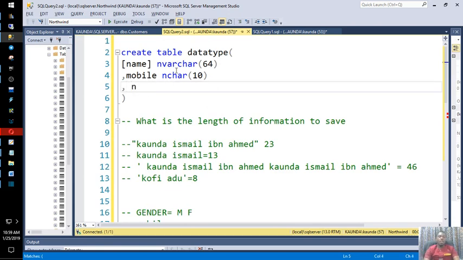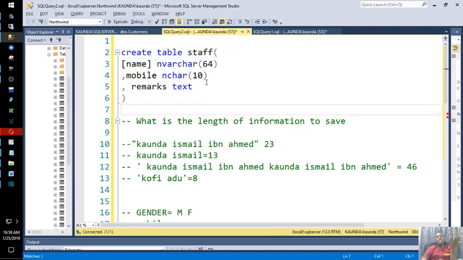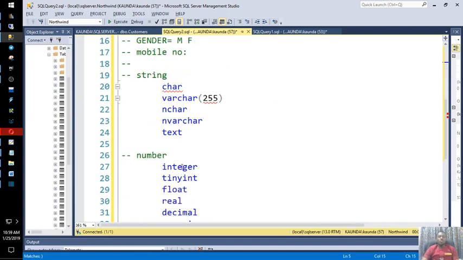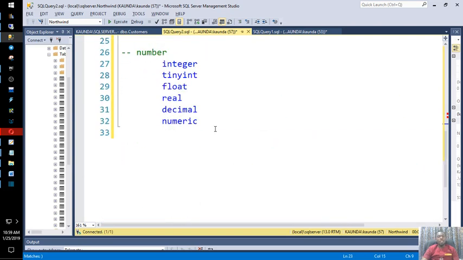So let's say remarks. Let's say remarks. So remark will be text. Things like that. Let's say it's long. So let's call it staff to make sense. So a table called staff. So the name, the number, and then maybe remarks, any additional information you want to talk about. So that is it for the text data type. We know this, we know this, we know this. So that is it. Now let's see under